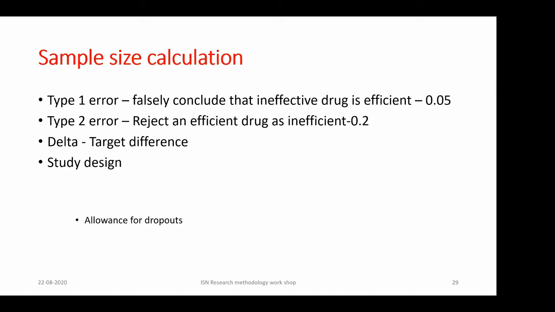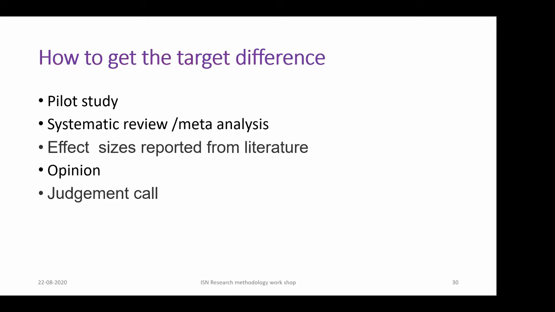And another thing is if there are more than one arm, you need to consider that in the sample size calculation. When we increase the arm number from 2 to 3, some increase in the sample size happens. So this was discussed in the last class. So from where we will get the pilot target difference. In this study, we can look at that previous data. How much, if something is published, you can base your calculations based on that. So otherwise, you can contact the principal investigator and ask. Most of the time, people will be ready to help.